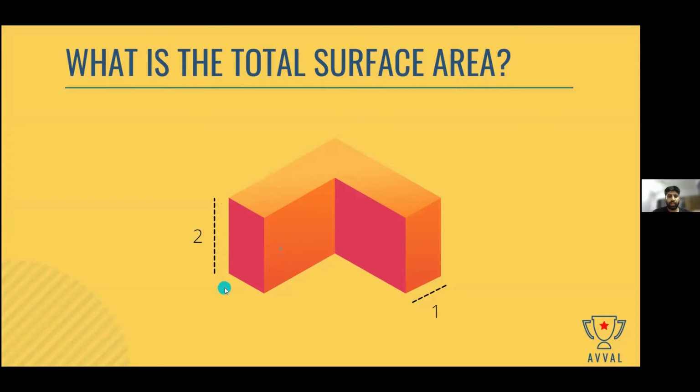And then finally, I've got a rectangle on the back side, the area of which is 6, and I've got 2 such walls, so the total area is 12. So my answer is 8 plus 4 plus 10 plus 12. So what does that give me? 8 plus 4 is 12, 12 plus 10 is 22, and 22 plus 12 is how much? 22 plus 12? No, Kaushal, that's not right. That's 34. Okay. All right.